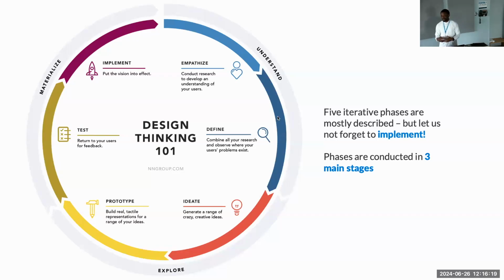Really understanding them and their context and figuring out what the problems they experience are. And then we move on to the define stage where you coalesce all of your findings within the empathize phase on a core problem that needs a solution. And then there's the ideate phase where you're creating a broad range of ideas that can potentially fix the problems that you identified within the define phase. And then there's the prototyping phase where you're creating more tangible versions of the ideas that you created in the ideate phase, and then testing it to see how well it works with these communities that you're hoping to achieve